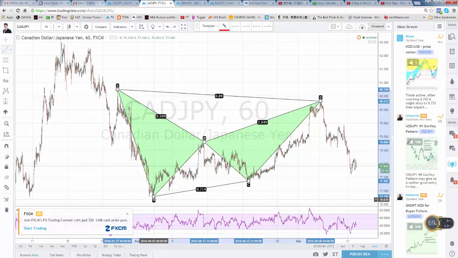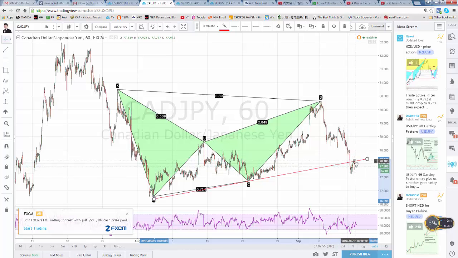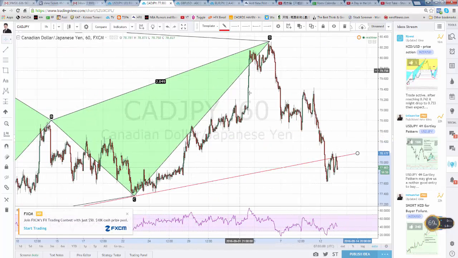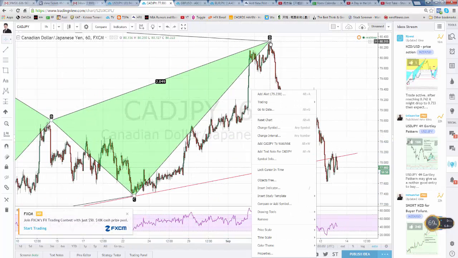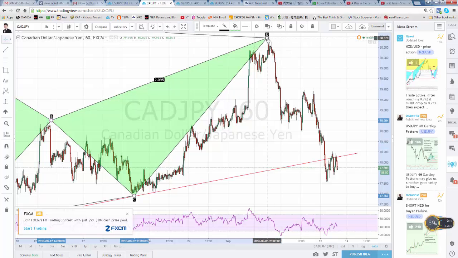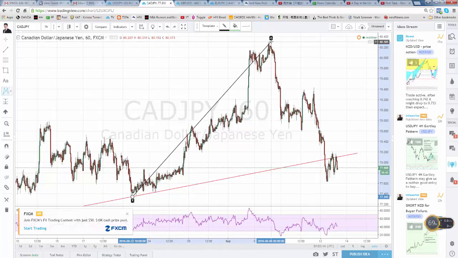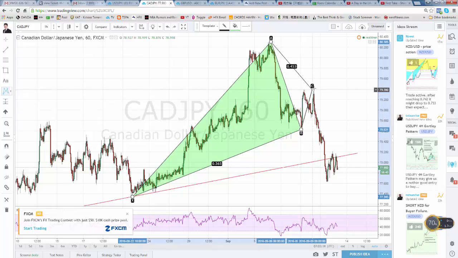So right now, if you look at the price action in terms of support and resistance, it's supported by probably this trend line here. If you are a bit more strict, it has broken, came back and retested. So in terms of pattern formation, let me clear everything up. How do I delete this? Okay. So in terms of pattern formation, what I see is a potential